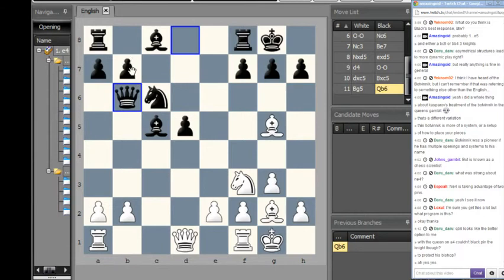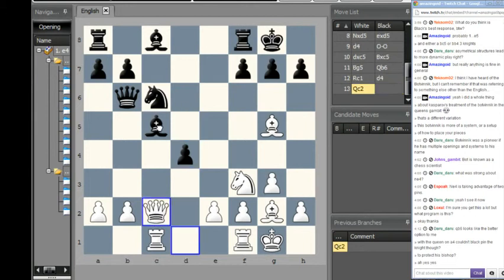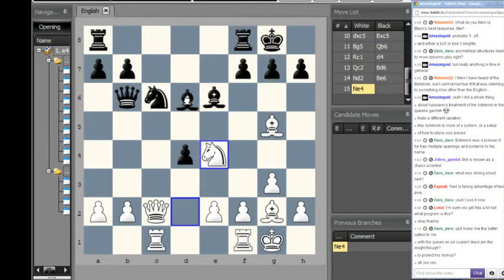So superior is to just develop the rook to c1, immediately target this bishop. So now queen takes b2 obviously just loses a piece. So d4, queen c2, bishop d6, knight d2, good move, targeting these squares c4 and e4, bishop e6, now knight e4, now this bishop is suddenly running short of squares, so it retreats, and then after